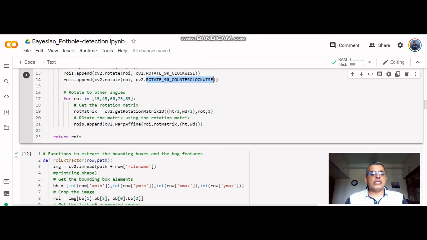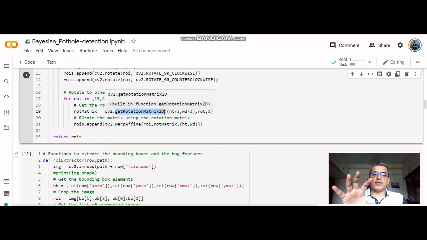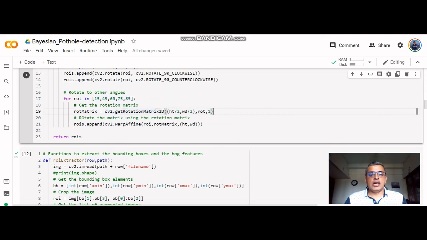This rotation is done by a special method called getRotationMatrix2D. First you have to get a matrix for rotation, and these are all matrix multiplications. Once you get the matrix, you multiply the image matrix with this matrix, then you get a rotated image, because all these transformations are possible using these matrices. So once we get the matrix based on the kind of angle which we have, this is the angle which we get from this list of angles, 15, 45. Each of these angles comes in